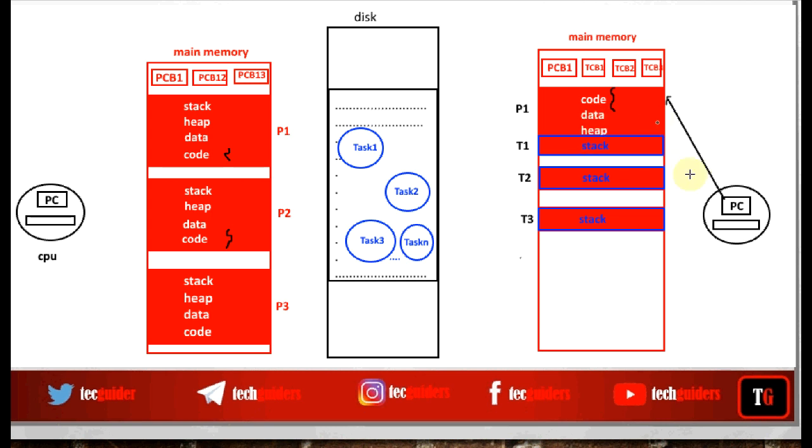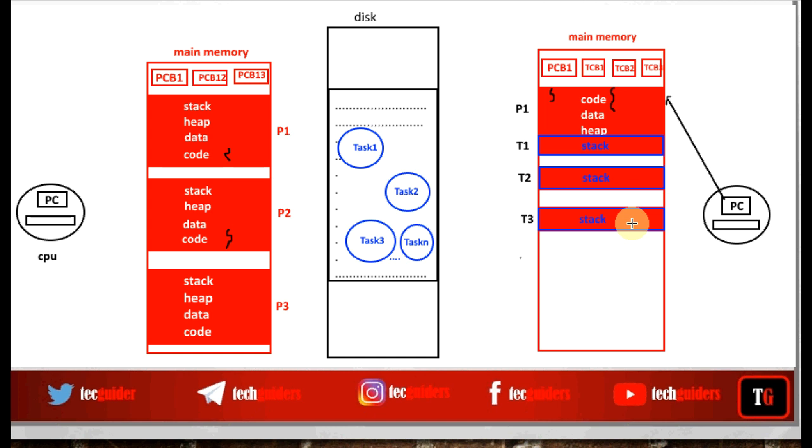Now the processor switches to thread 2, but while executing thread 2, even now the processor will be executing some lines of code from the same code space and will be accessing the same data space, same heap space, but the stack space corresponding to thread 2, and the processor registers will be having the values corresponding to thread 2. Then we save the contents of the registers corresponding to thread 2 to the thread control block of thread 2, and then switch the processor to the next thread T3.